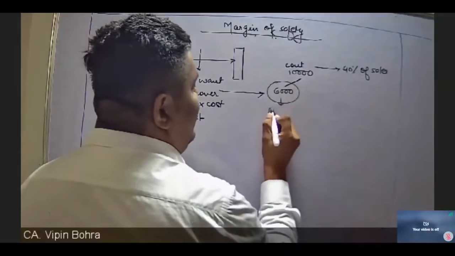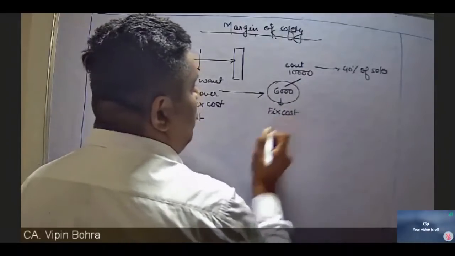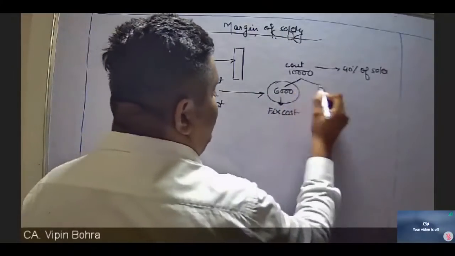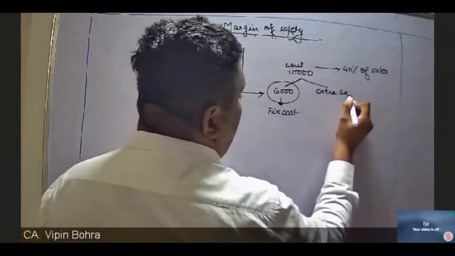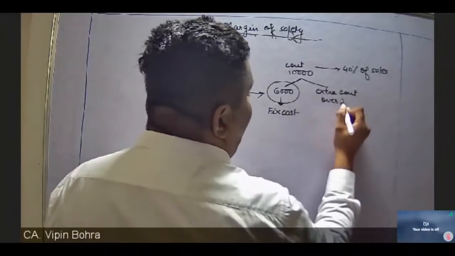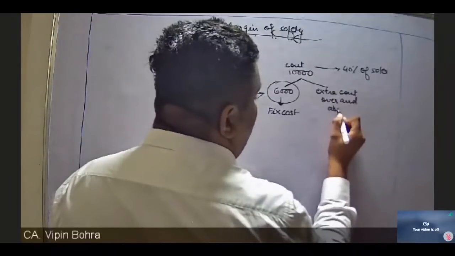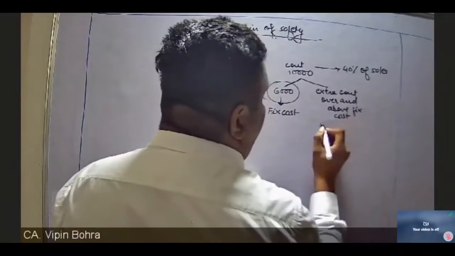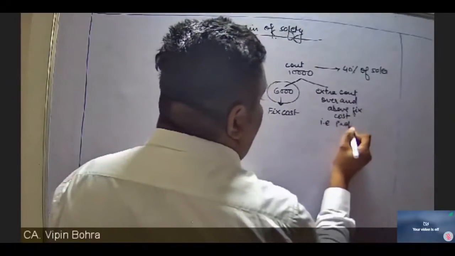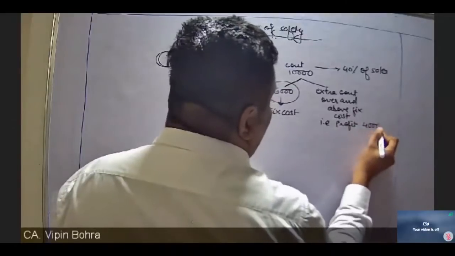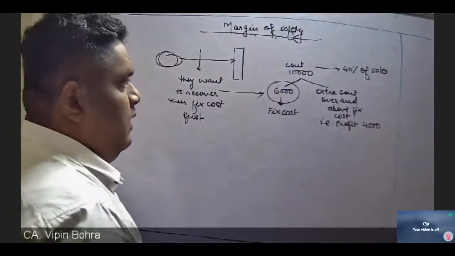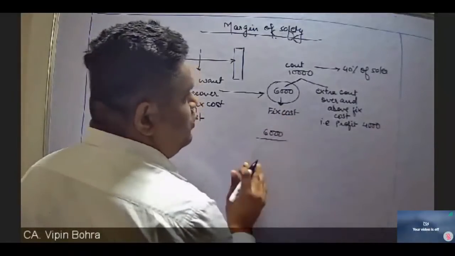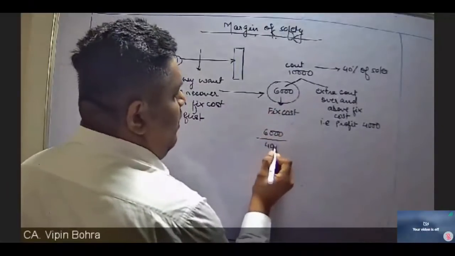So once I recover fixed cost, that is I achieve my break-even sales, the extra contribution over and above fixed cost, that is profit, will be 4,000. Now, if I want to calculate break-even sales, I simply want to earn a contribution of 6,000. My break-even sales will be